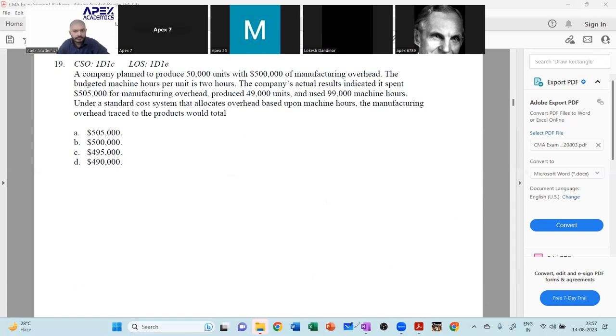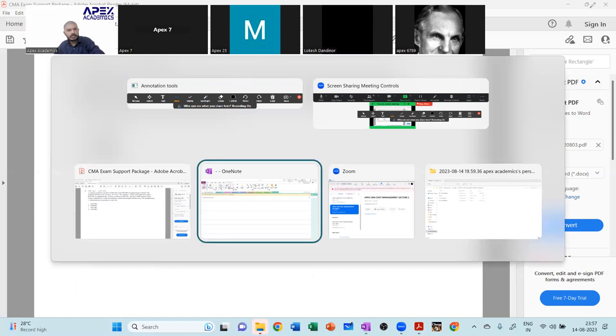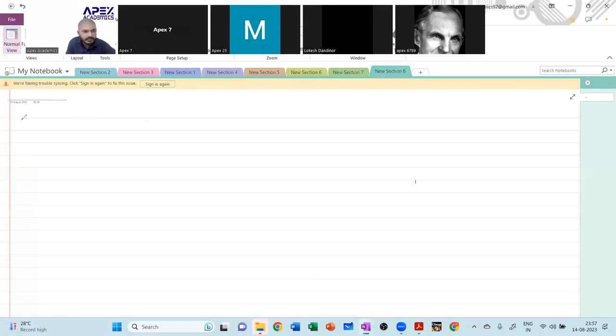Focus on this. Let's see. Now see here. You have been given a standard budget. In this standard budget, they are saying